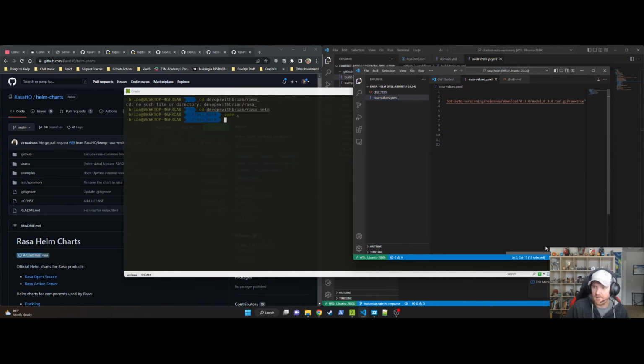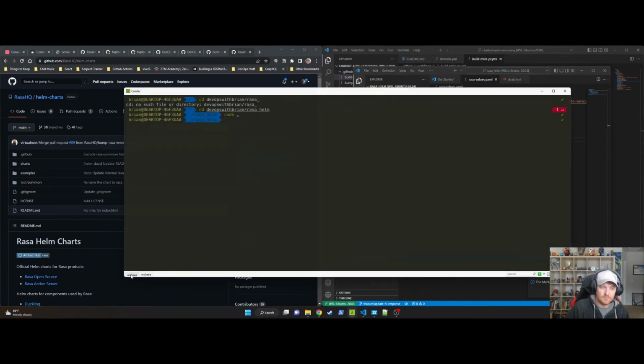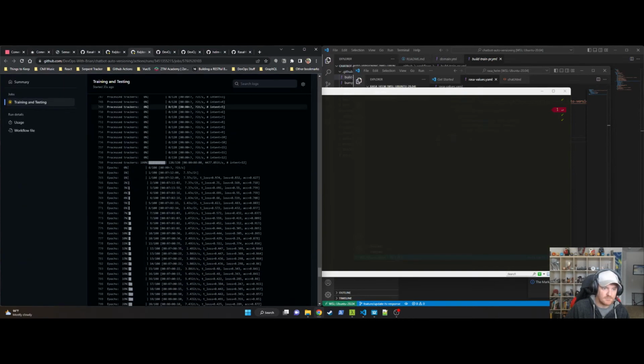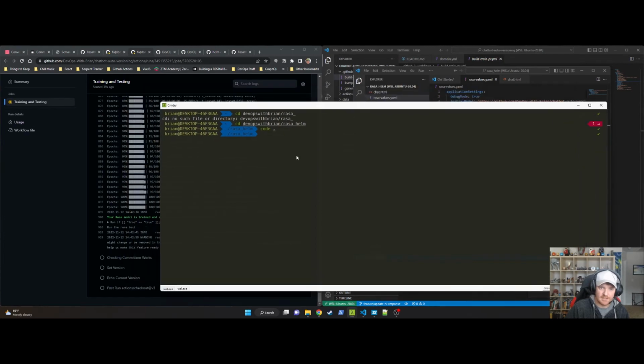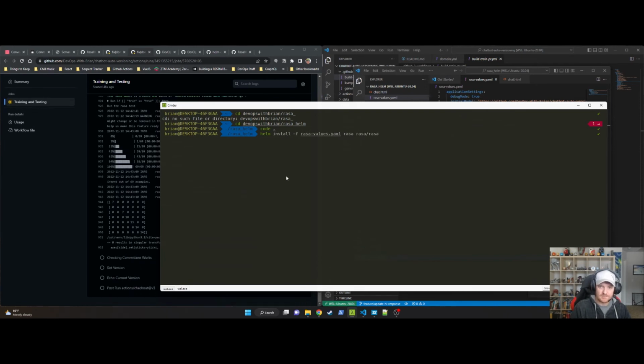So you can see right now it's pulling from model 0.3.0, which before we made this was the latest model, right? And then I'm giving it the image tag that I wanted to use, and then I'm using Socket.io so that we can talk to it through the chat widget. So now basically, while that build is going, you can see currently it's still doing the training and everything. We could test this current version locally, right? So if I do a Helm install,